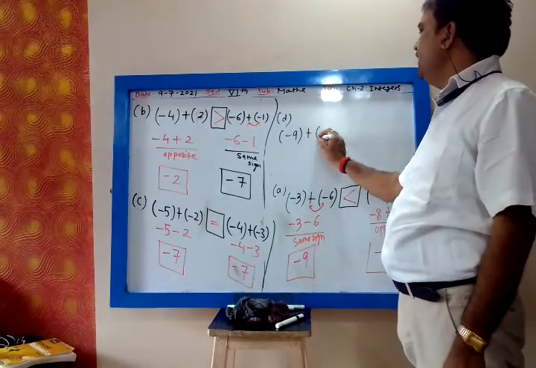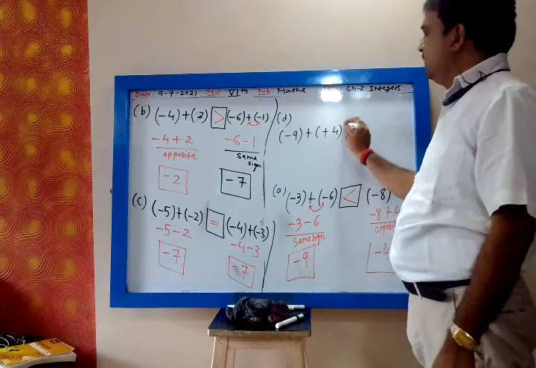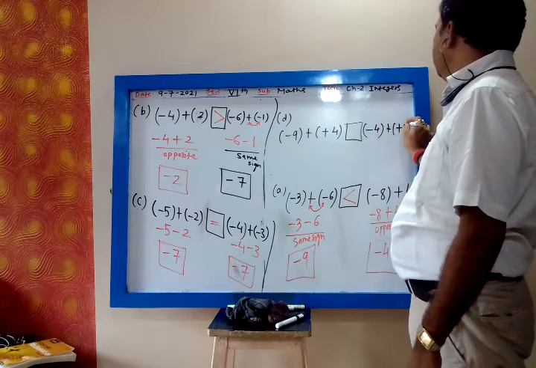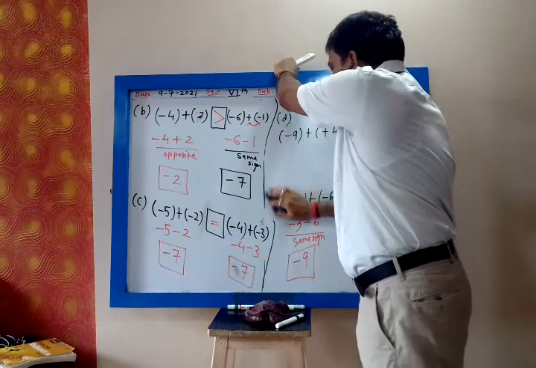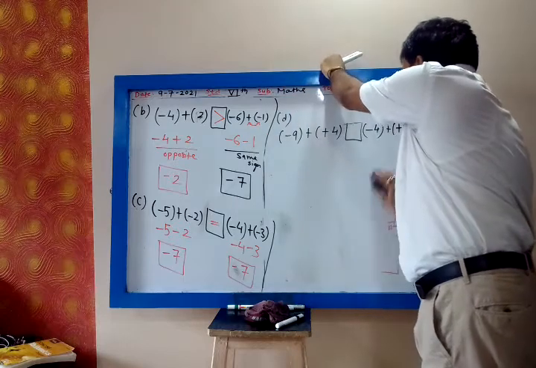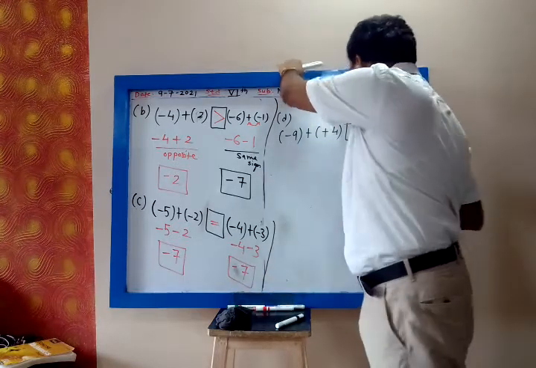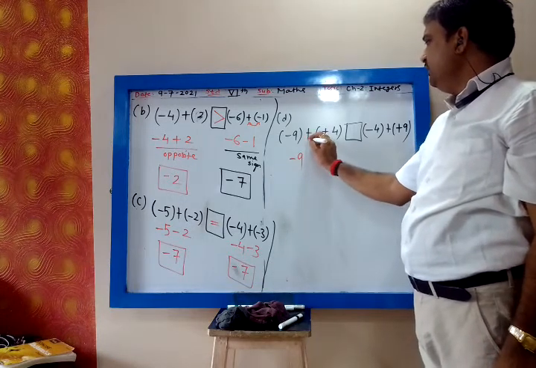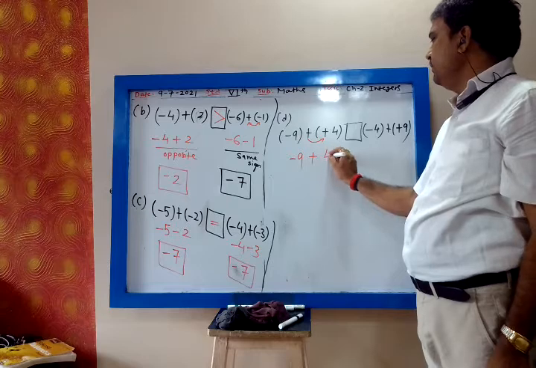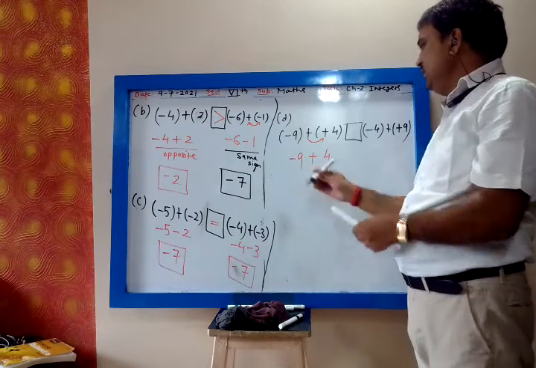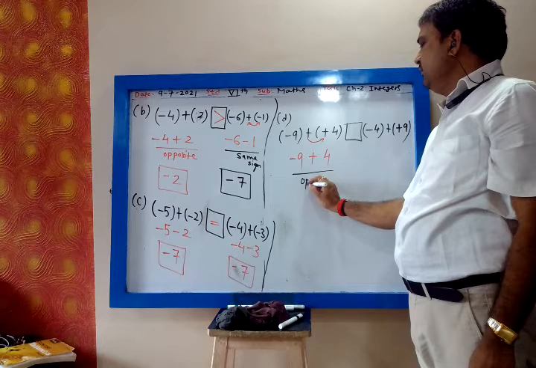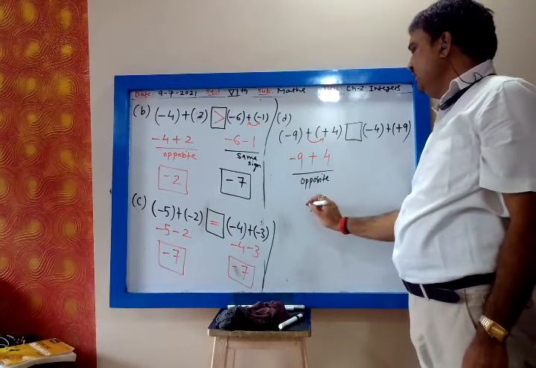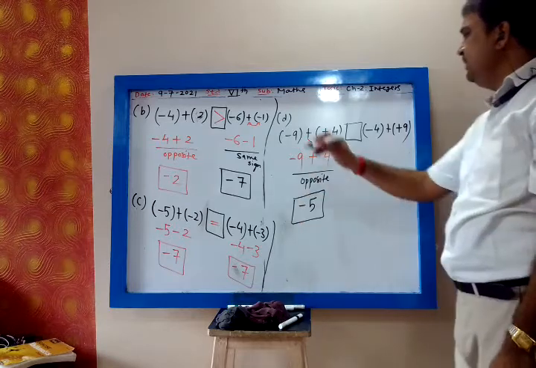Minus 9 plus 4, then box, minus 4 plus 9. Let us see which number is bigger, which number is smaller. So you have to solve the left hand side, you have to solve the right hand side, and then accordingly you have to decide. Okay. Now we'll see. This is minus 9 plus into plus will be plus 4. Now minus 9 and 4, this is minus, this is plus, opposite sign. Wait now, my dear. Let me take one minute. Opposite sign, so 9 minus 4, subtract, 5. Which number is bigger? 9 is bigger, minus sign. Minus 5.